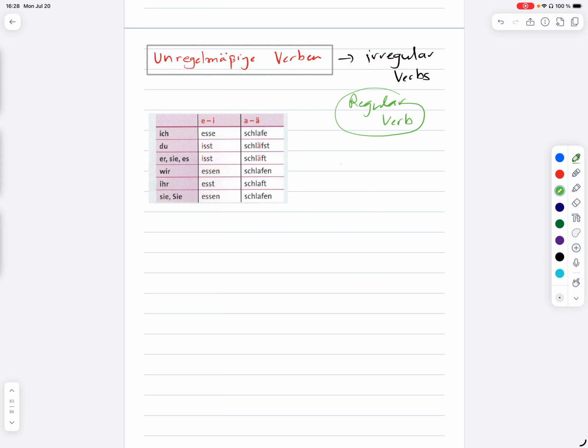kommen. So let's look at the example of this verb kommen. So kommen is in the infinitive form and the stem form is komm, and then we can conjugate this verb according to different personal pronouns. For example, it will be ich komme, du kommst, er, sie, es kommt,